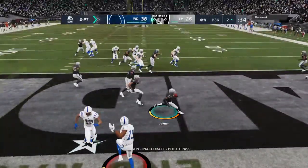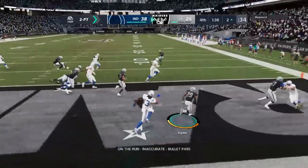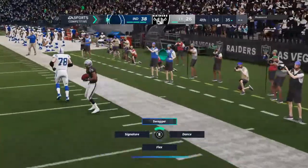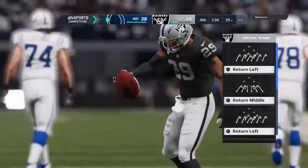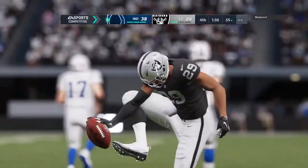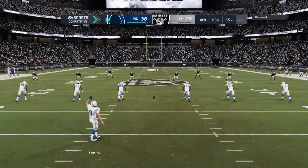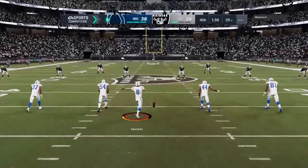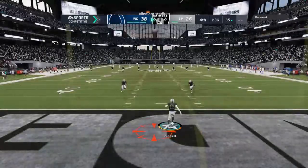And intercepted. Maybe the turning point they need. LaMarcus Joyner with a pick. Well, as most teams do in their two-point attempt, they pass the ball. Instead, it gets intercepted. And remember, if you pick it off, you got a chance to take it all the way back, get 2 points yourself, right? Yeah, not the case there, but that's why you got to be really careful with those throws,